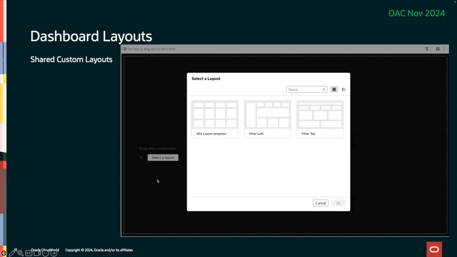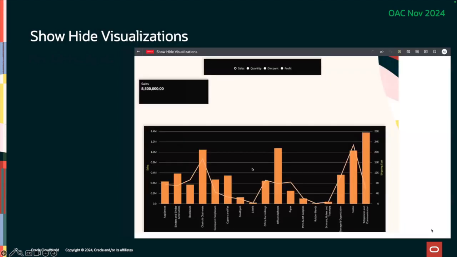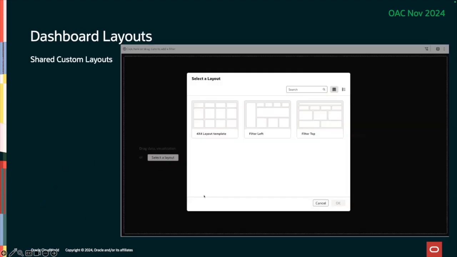So an empty canvas message will show the user a new option to select a layout. There are two layouts that we ship out of the box, filter left and filter top. And then the 4x4 layout template is a custom template created by the user. So simply select the layout. And once you choose the layout, you can then drag and drop your columns into the empty Wiz container,